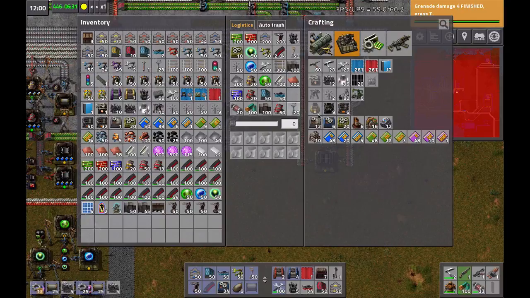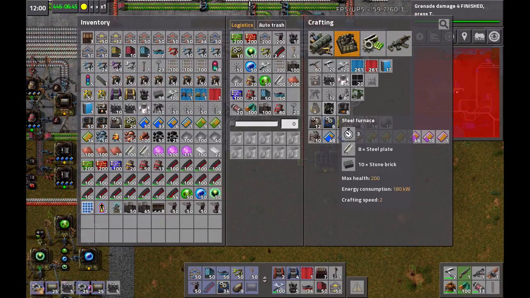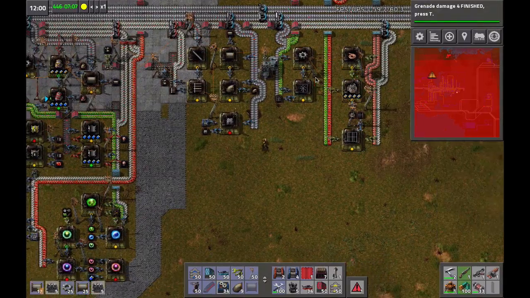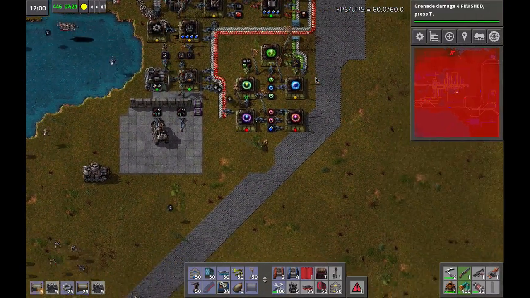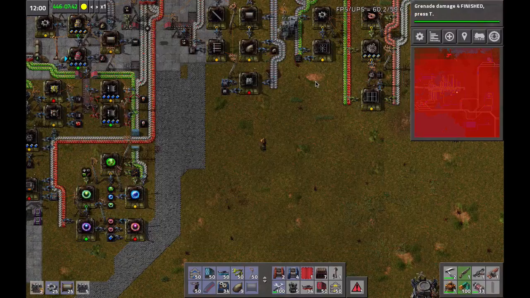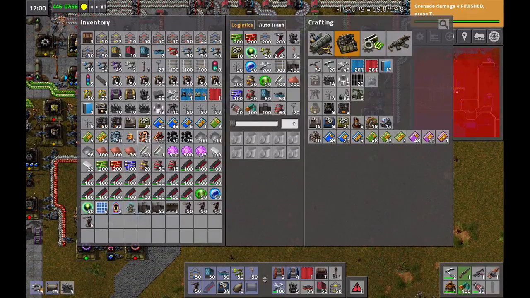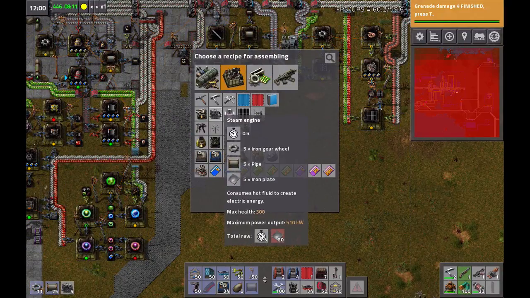I then decided to go ahead and put together an assembly machine to start making boilers and steam engines, and I'm just trying to figure out what they need. So obviously it needs stone because I need to make the stone furnaces, and I'm trying to work out where would the best place be to have that. Obviously it needs pipe and it needs stone furnaces. The pipe is right here, so I then decide to just put down a yellow assembly machine,